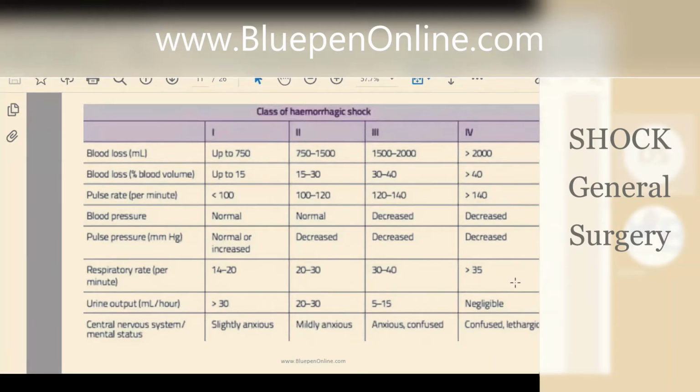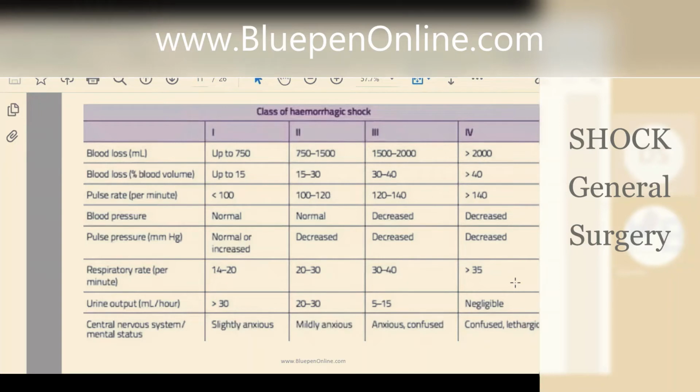So blood volume loss: up to 15% is stage 1, 15 to 30% is stage 2, stage 3 is 30 to 40%, and if greater than 40% of the blood volume is lost, then it is stage 4 shock. Then pulse rate: less than 100 is stage 1, 100 to 120 is stage 2, 120 to 140 is stage 3, and stage 4 when the pulse rate